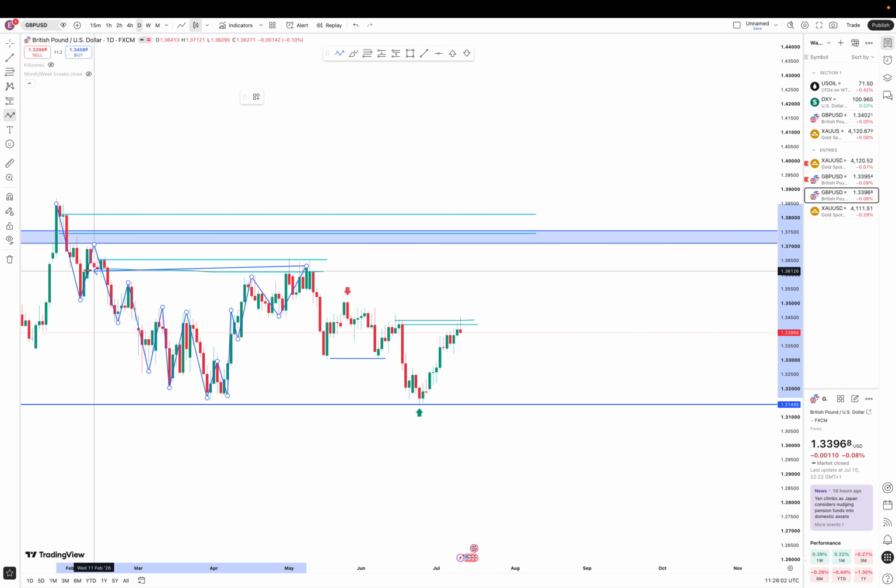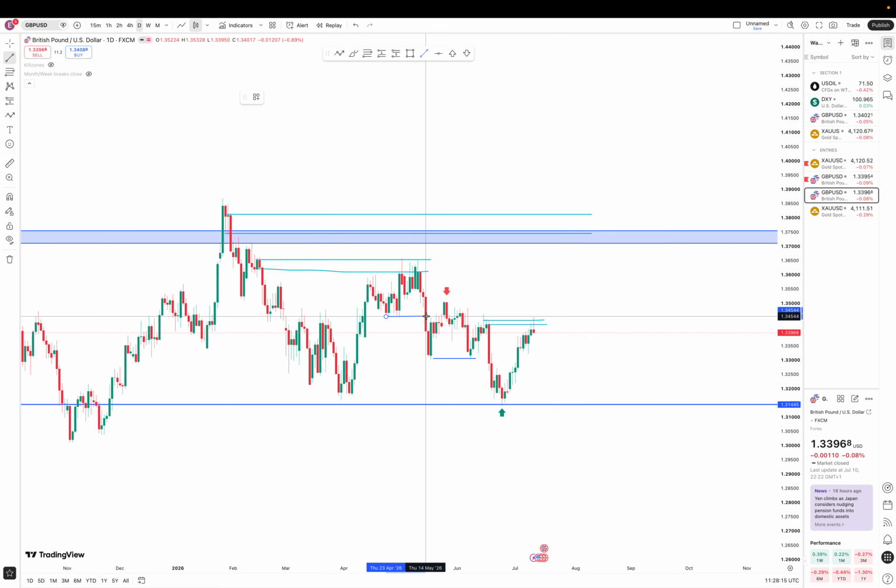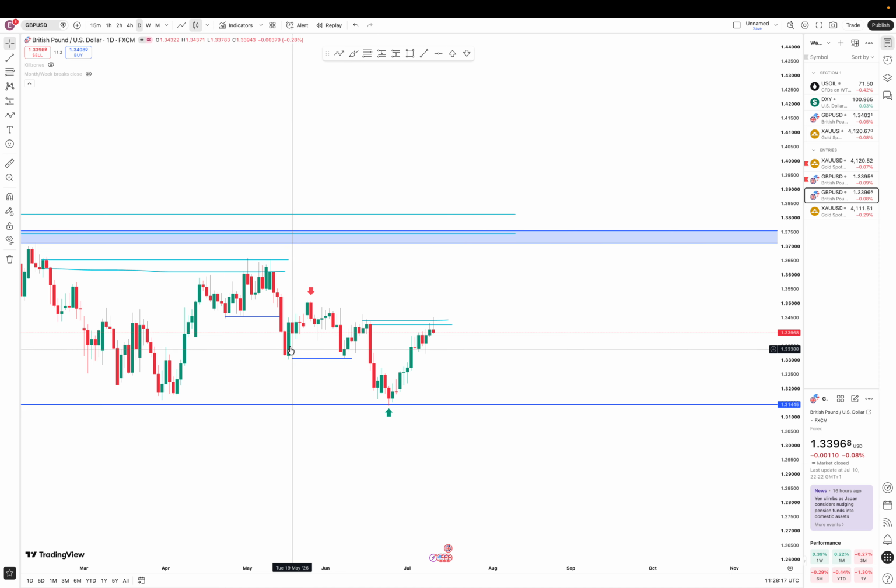From that break of structure, we could see the supply zone there, and the market reacted at that zone and sold aggressively, and the sellers gave us a break of structure right here. We saw the correction move, this correction move, and the dump to the downside. So this being my last